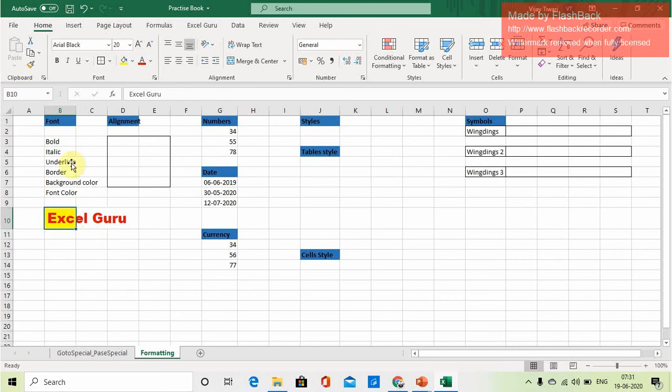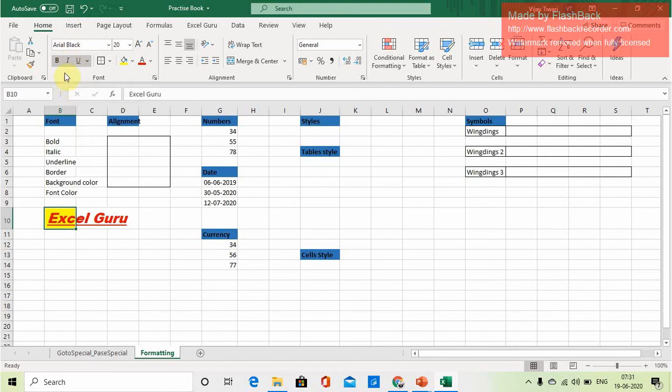Now, if you want to make it bold, click here and it will be bold. If you want the underline, this U is for underline; click on it and you will get the underline. If you want italic format, click on this and it will change to italic.